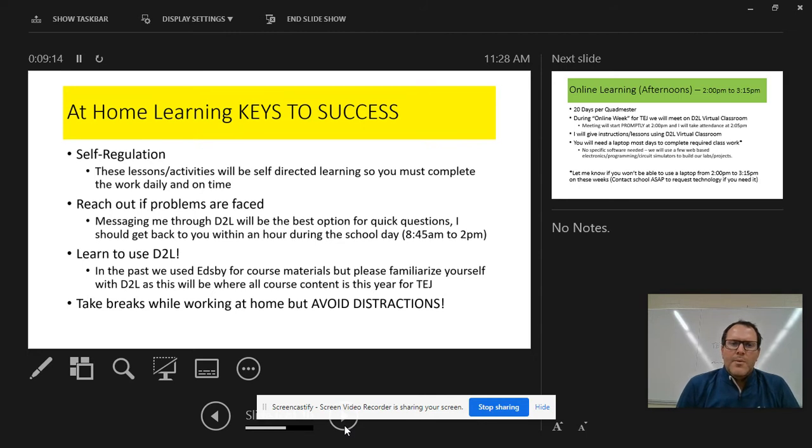The other thing that I want to remind you of is it is still important to take breaks. It's hard to work diligently for this amount of time, especially on your own. So make sure you're working and then you're taking breaks, but really avoid distractions. So when you are working, make sure your phone and other distractions are put away so that you can stay on task and accomplish all the required